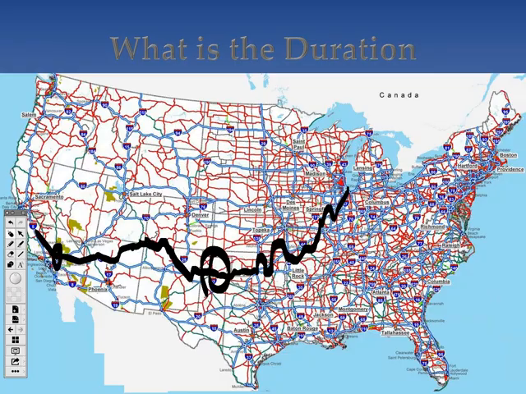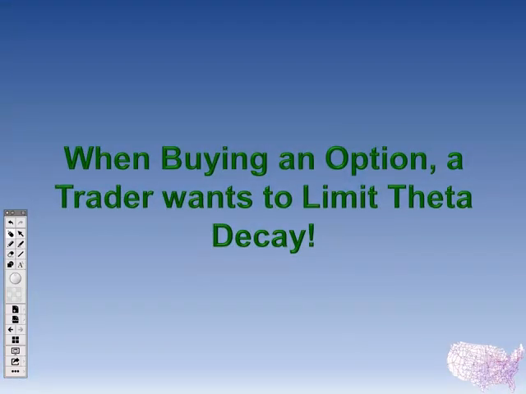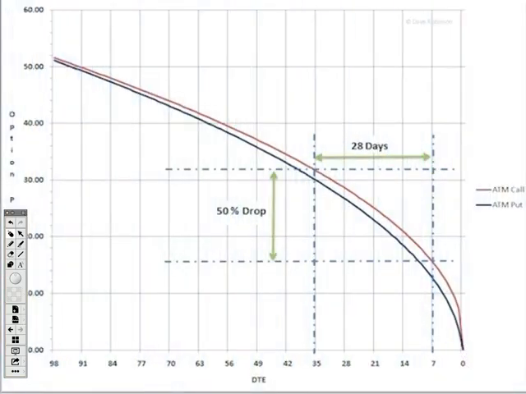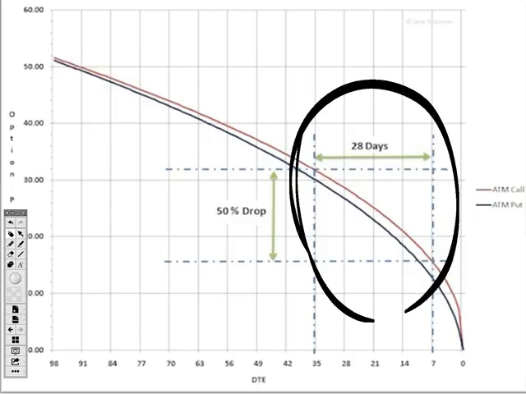We want a long expiration, right? So we want to limit that theta decay. So we're going to be buying an option. A trader wants to limit that theta decay. Why? Because we talked about this earlier. Look at what happens to our premiums really close, 35 days to expiration. We're right inside of that. That thief in the night, from 35 days to expiration to about 7 days to expiration, is where we see 50% of premiums get eroded. That's basically if the underlying didn't move, just the premiums from theta decay contracting.